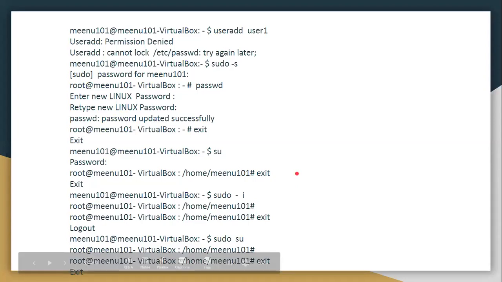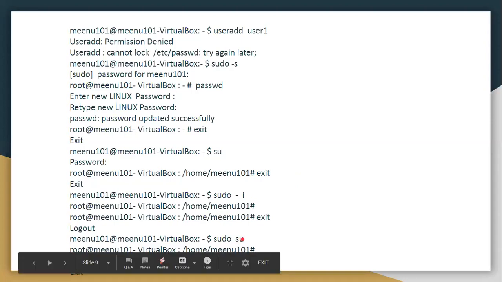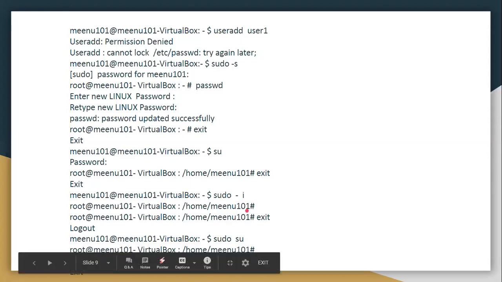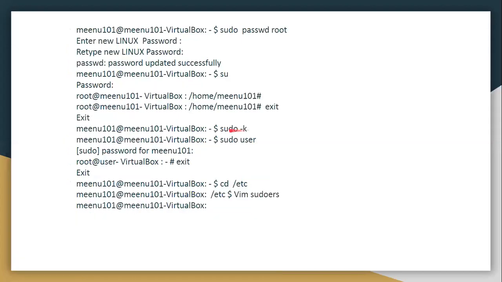Fine. Now these commands, su and sudo su, both switch you from your normal user to your root account. Now if you want it to ask for a password, for example, if I've left the terminal and somebody sits at my system and writes this command, they can directly enter my root account or my administrative account. To avoid this kind of condition, I can use the option sudo -k.